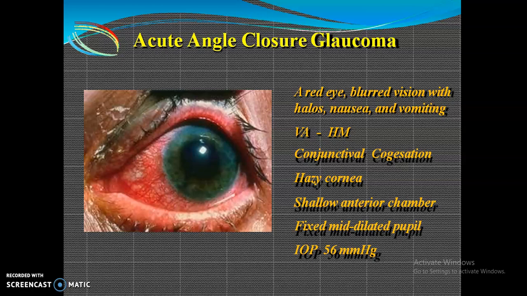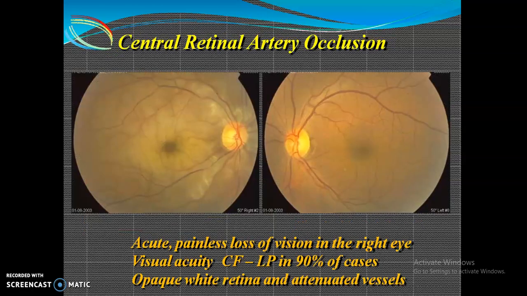So we have to look for the particular case. And the central retinal arterial occlusion: once there is a retinal artery occlusion, the particular part after the occlusion will not be getting an adequate blood supply, and so that part will be getting necrotized. So there is an acute painless loss of vision in the right eye or visual acuity